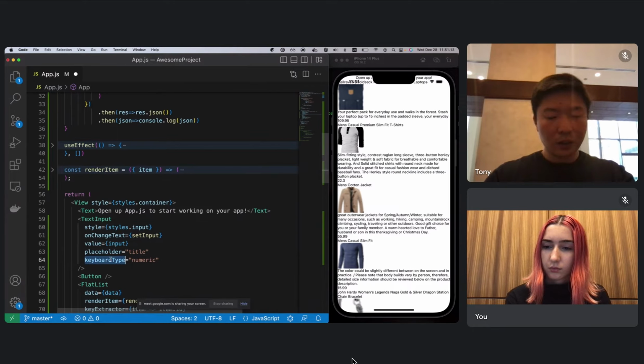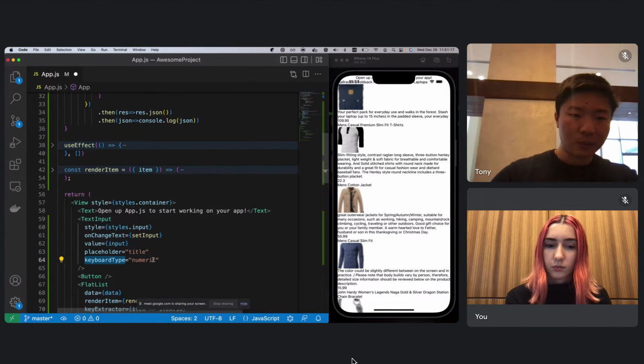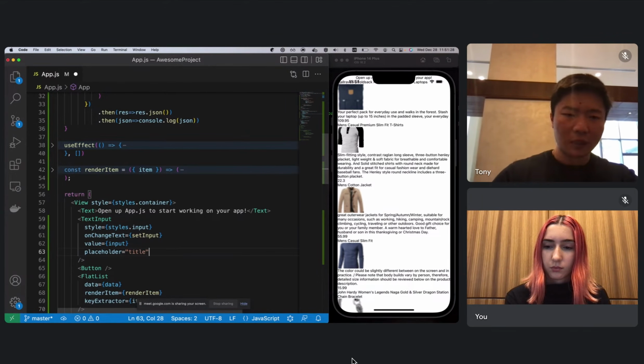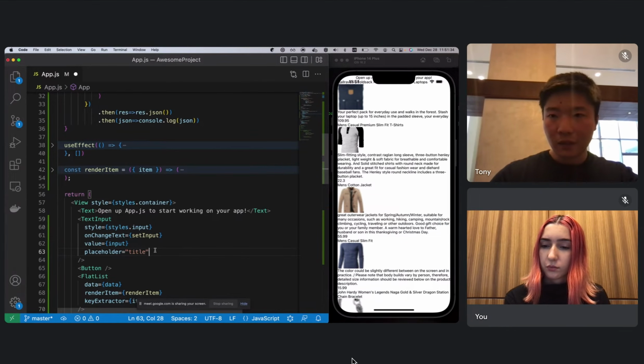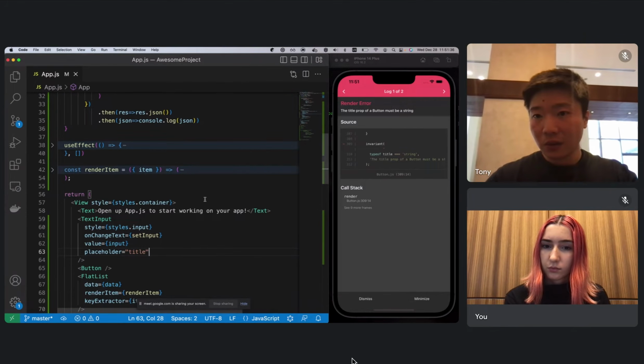And I guess one of the interesting aspects of it is the keyboard type. If you notice, on your phones, you have different types such as numbers or the full keypad itself. For now, we don't want numeric, so if we get rid of that, it'll default to the generic keyboard. Okay, save that, fix any issues.